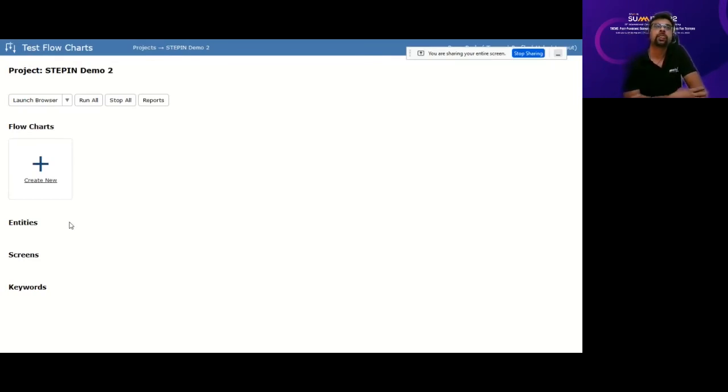One is to say, okay, has this path been executed this time? Another is to say, has this path been implemented? And we can also add weights to these different paths, so to say that this is of high priority, this is of low priority, etc. And even ask TestFlowChart to figure out, okay, give me the paths which go through all the high priority ones and just execute those ones.